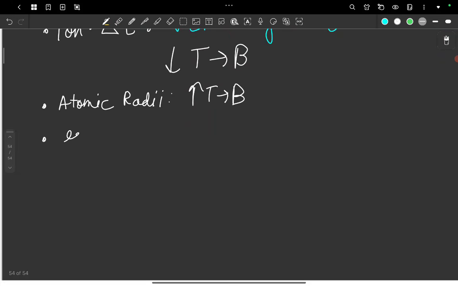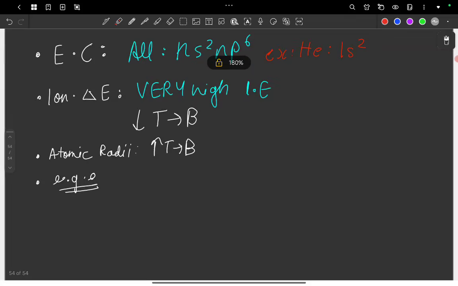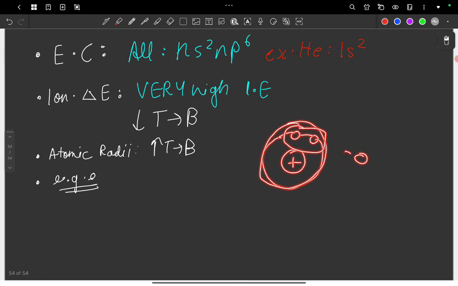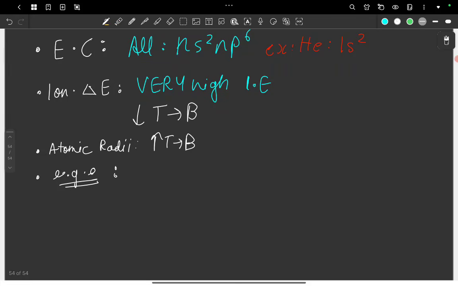And lastly, if we talk about the electron gain enthalpy, it is basically the same thing as the ionization energy. If we have this nucleus and there are electrons around it, as you know, this is the structure of helium. This is very stable. So if you try to add another electron in this family, it will be like trying to become a third wheel in a couple, which is very stable, and I don't think the atom would appreciate that, and hence they have very large positive values